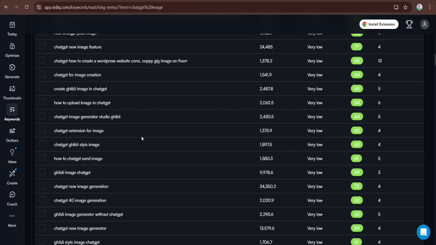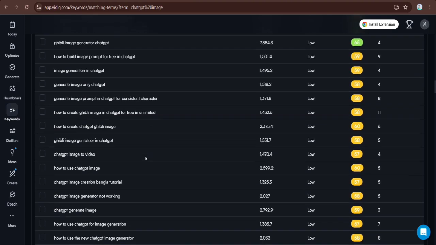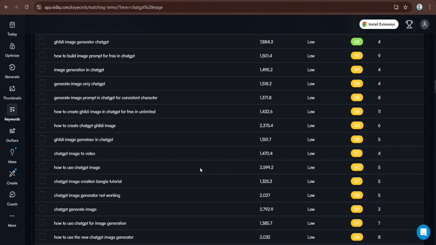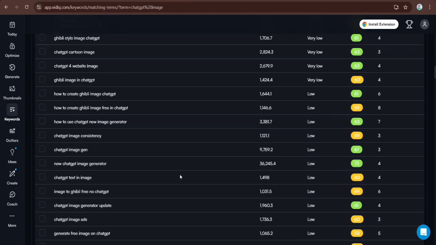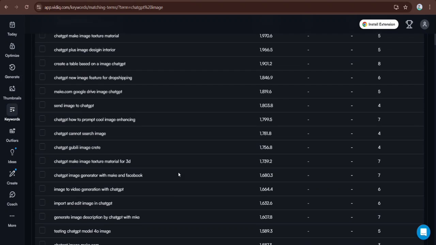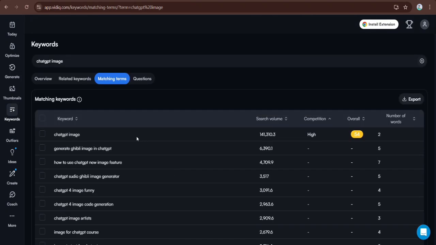So that is how it is done, in my own understanding. And you can also see some other keywords, which of course you can target if you like. So that is just for ChatGPT image, right? Let's look for another keyword, which of course is not related to ChatGPT. So I'm going to think of a keyword of my own, and then let's see how to find a keyword that you can create content around,